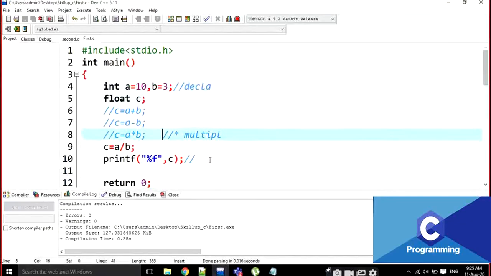The typecasting is like this, float. That means I am going to change a value into float. What is the value? The value is 10. If you write this typecasting here, it is converted into 10.0. If I convert either A or B at that position, only that value is treated as a floating value. 10.0 by 3. Yes, now it gives the exact division value. Now the output is going to be 3.333. Okay? Is it clear, everyone?